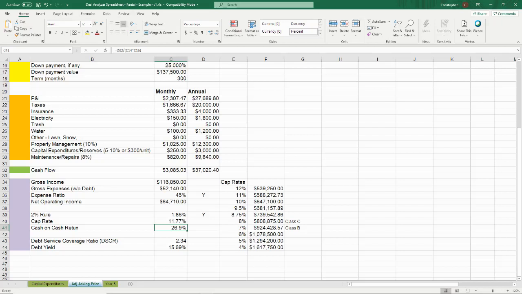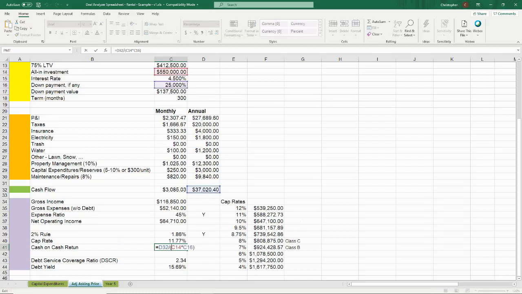The bank's money is not your money. The bank's money is their money. So this is a cash on cash return because it's the measure of the dollars of the cash that you put into the investment and what you get back. So breaking down the formula or the math for this, it's still pretty simple. Measured annually, so we look at our cash flow. Now $37,000, since we increased the rent slightly, divided by the $137,500, or 25% of the acquisition or purchase price, provides 26.9%.